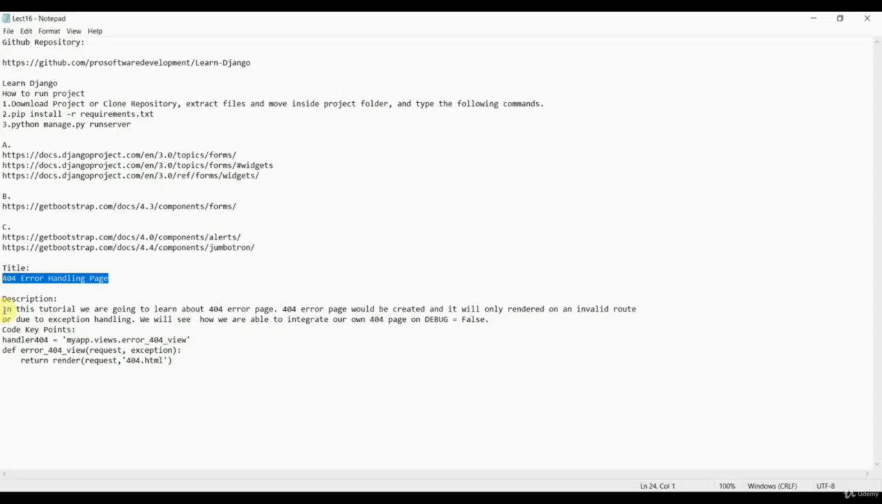So basically in this tutorial we are going to learn about the 404 error handling page. The 404 error page would be created and it will only be rendered on an invalid route. So basically what we mean by the term invalid route or exception handling is that if a user